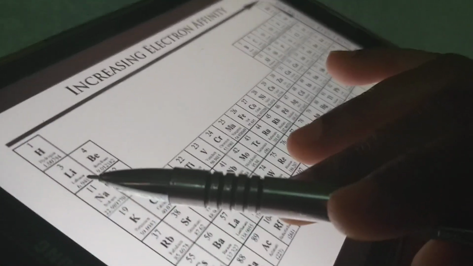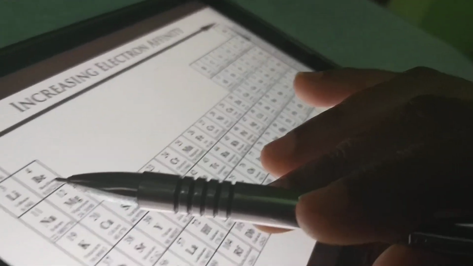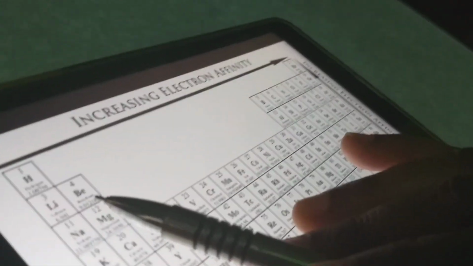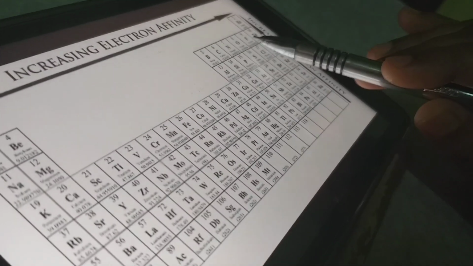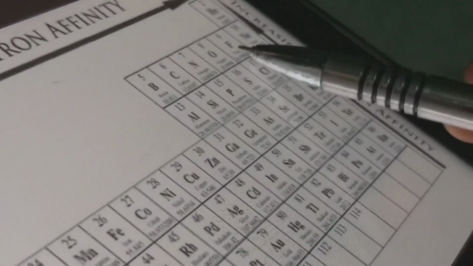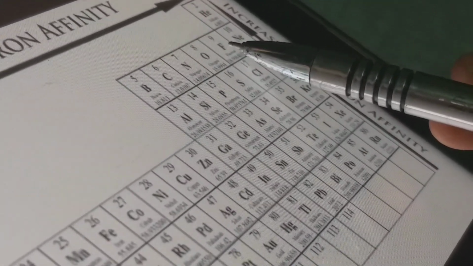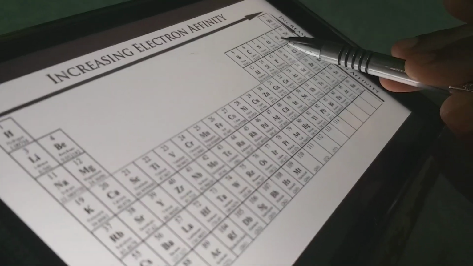So when I am going from left to right of a periodic table, see first in this case for beryllium, the number of electrons in the last shell is 2. Whereas when I go to fluorine, the last shell is containing 7 electrons. So the power of 7 electrons will be more than the power of 2 electrons in the last shell. The 7 electrons will draw 1 electron very fast because already it has 7 electrons, so it will attract